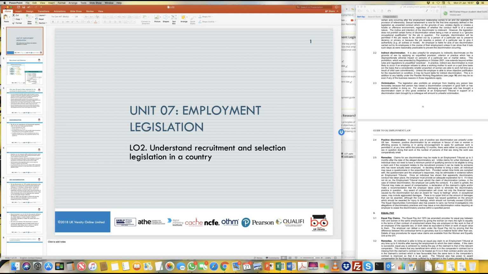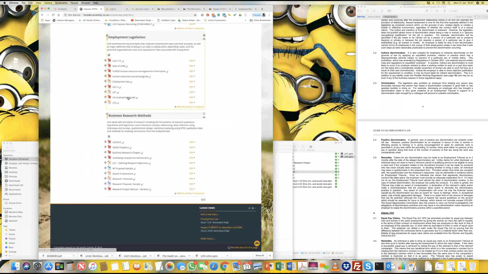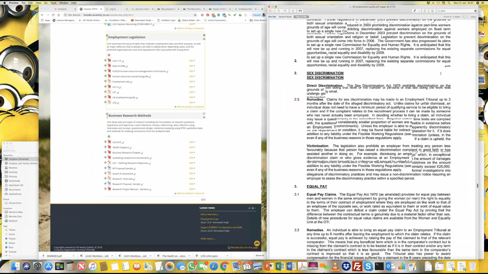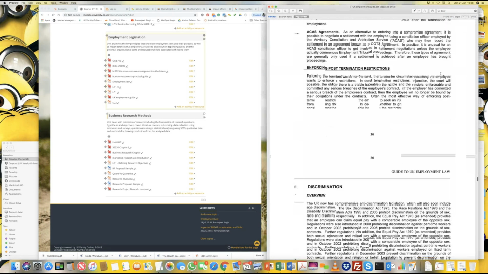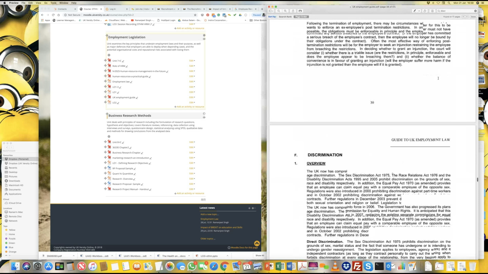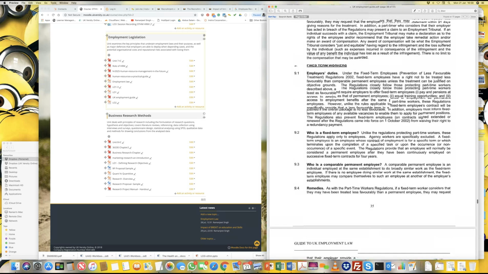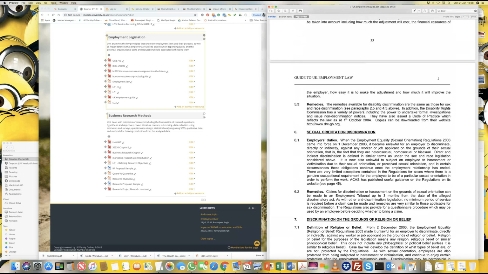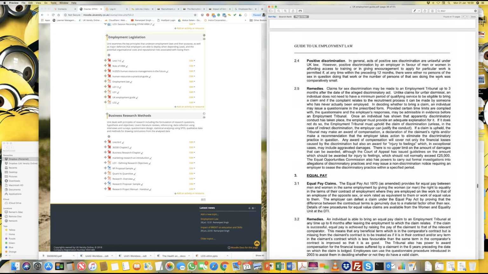And what I would suggest, when you look at covering Learning Outcome 2, is to download this UK Employment Guide from Moodle, which is here. This is the one I'm going to be referring to when we go to Learning Outcome 3, so you'll be able to get most of the data from this guide. My suggestion would be to study pages 31 onwards, looking at the contract, fixed term contracts, things like that. That would be covered in pages 35 to 39 in particular to cover Learning Outcome 2.1.